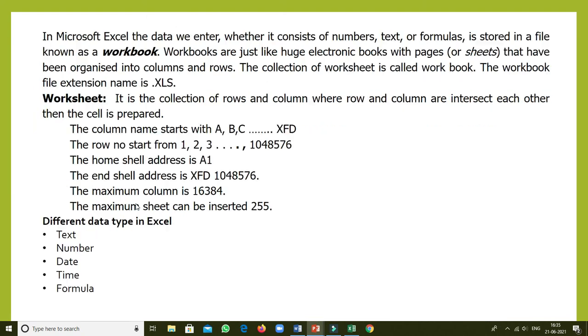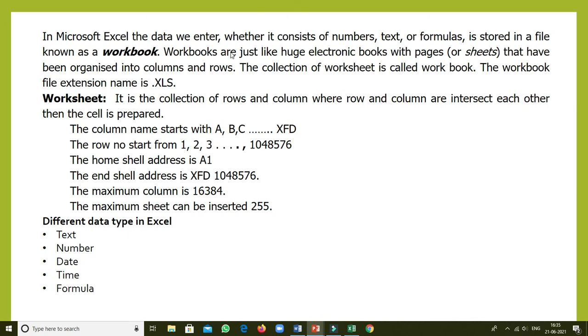Next, in Excel the data we enter, whether it consists of numbers, text or formulas, is stored in a file which is known as a workbook. Remember one thing: when you create a file in Word, it is called a document. In the same manner, when you create a file in Excel, it is called a workbook, and inside a workbook lots of worksheets can be stored.